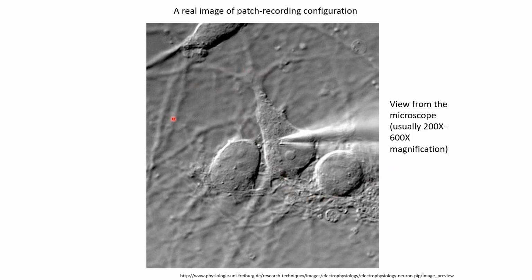This is a horizontal plane that is being visualized from the top, and this electrode is coming from the top and patching onto the neuron. So the tip of the electrode is in the same plane as the neuron, and that plane is in focus. But as we go higher on the electrode, it gets out of focus. The farther you go, the more out of focus it becomes. Now this tip size is about a micron here, and this size may still contain many ion channels within that region. So if you want to record from a single ion channel, you probably want an even smaller tip size.